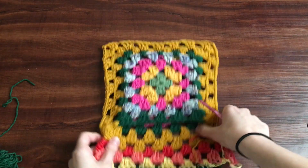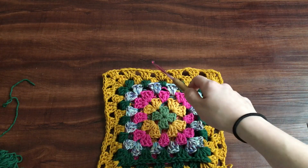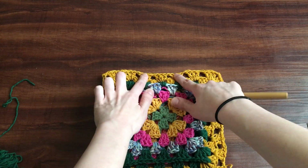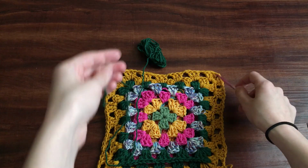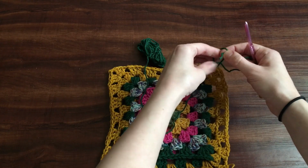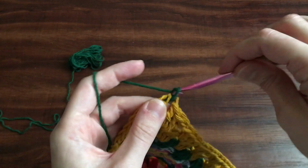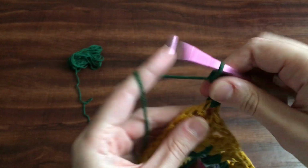So I flipped it over to the bottom here. And I'm just going to add a little detail to kind of make it go to a point. So just figure out which one's the middle. So that one is the middle. So I will attach my yarn at the corner here. Pull through to get it started, chain up 3, insert 2 more double crochets into the corner there,